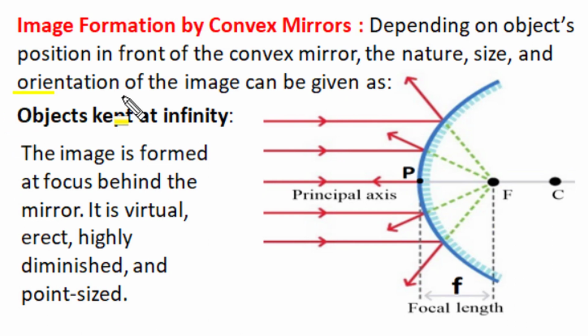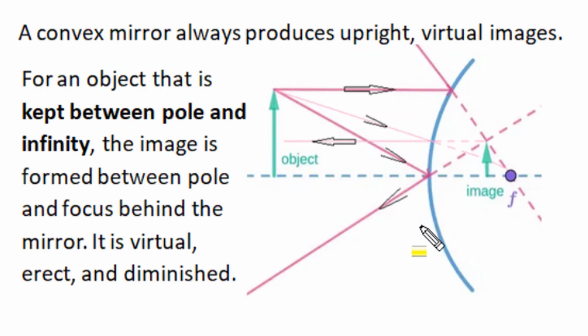And if the object is kept at infinity, then light rays come parallel to the principal axis and after reflection virtually come from the principal focus, which is behind the mirror, and we get a virtual, erect and highly diminished point-sized image at focus as shown here. A convex mirror always produces an upright virtual image behind the mirror for any position of the object,